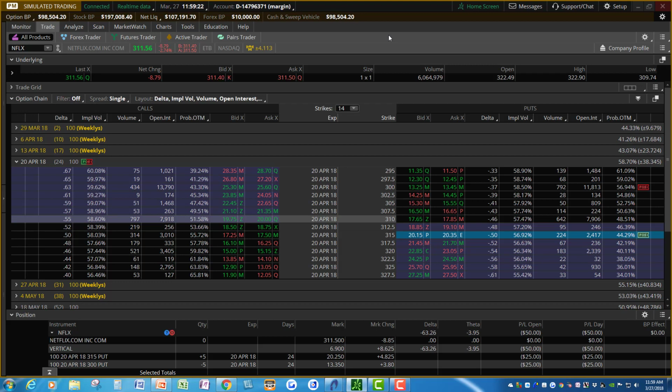Now let's say that we've gone through buying a put, buying a put debit spread. Buying a call debit spread is the same thing. So now we'll also talk about verticals. So let's go to verticals. Let's go now